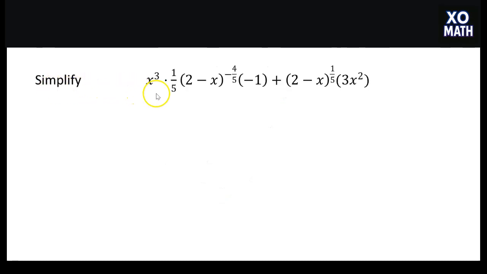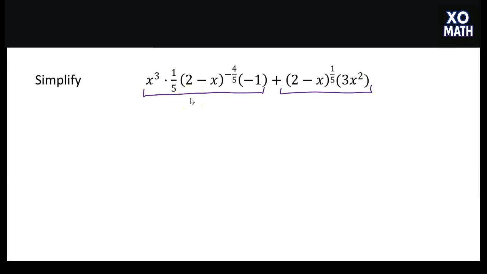Now let's simplify this expression. I have x times 1/5 times the quantity 2 minus x to the negative 4/5 times negative 1 plus the quantity 2 minus x to the 1/5 times 3x squared. Now, there is a lot going on here, but there really only is just two terms because terms are separated by addition. So we want to go ahead and look for the greatest common factor between the two terms,